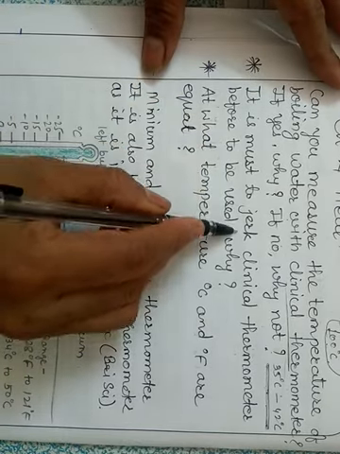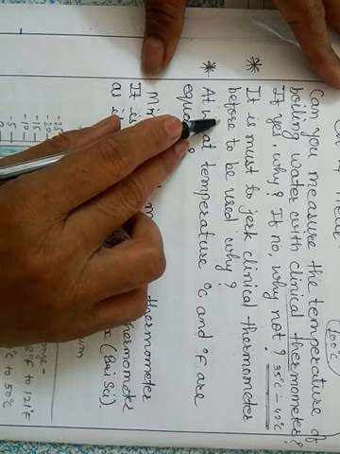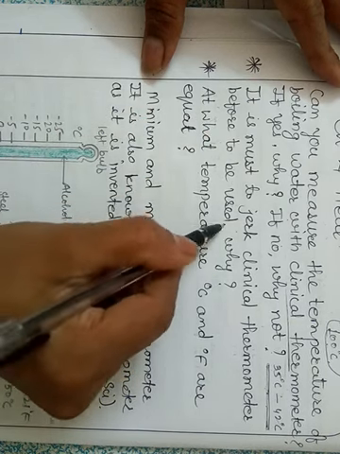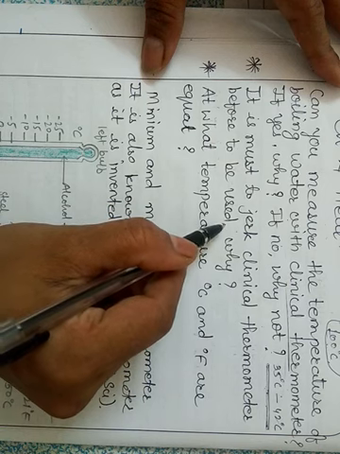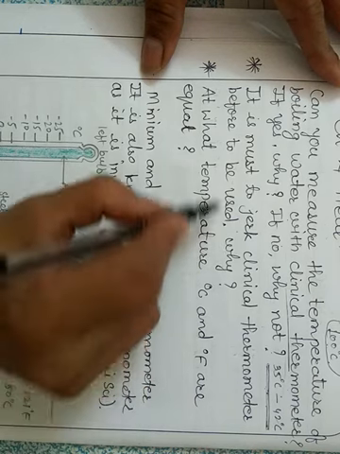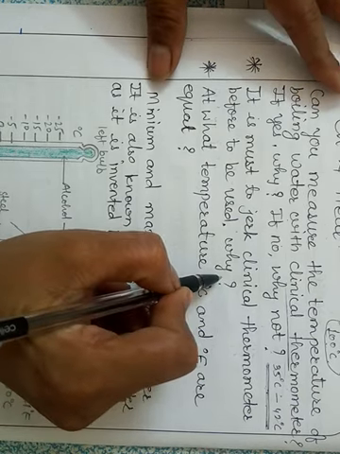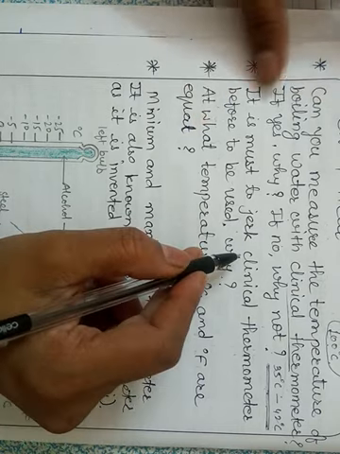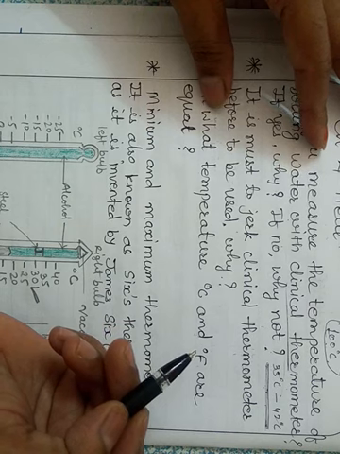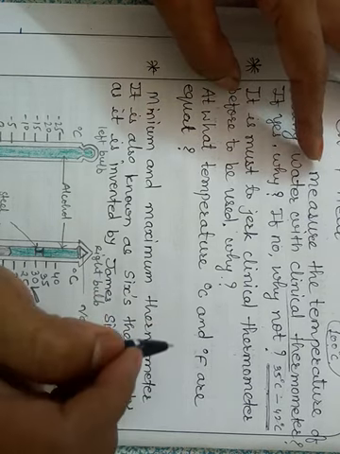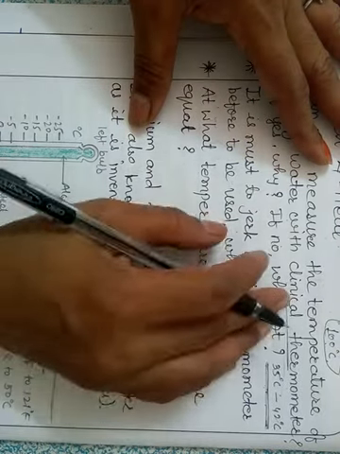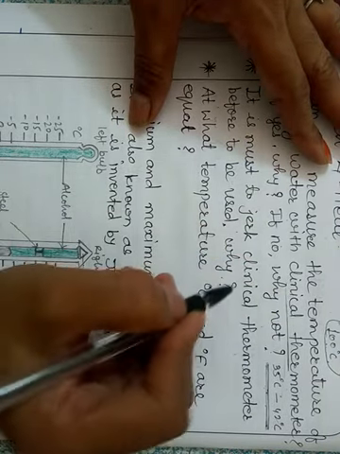It is a must to jerk a clinical thermometer before it is used. Why? We have discussed in the construction and uses of the clinical thermometer that we have to jerk that thermometer before we use it. Why do we have to jerk? Because it prevents the mercury level from falling on its own, and the level of mercury in the stem remains the same. Now see what the stem of the thermometer is.